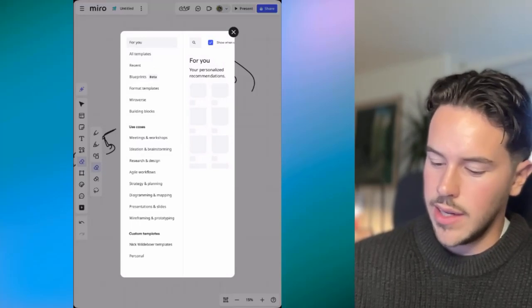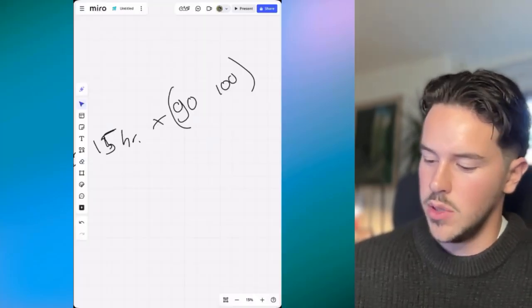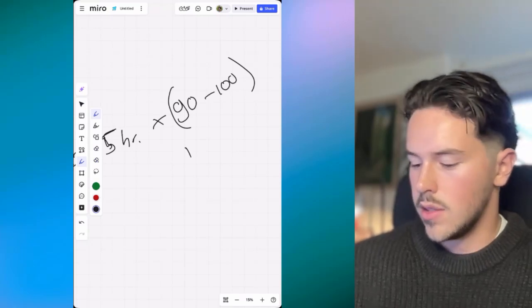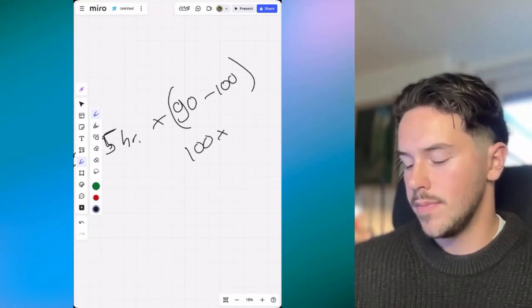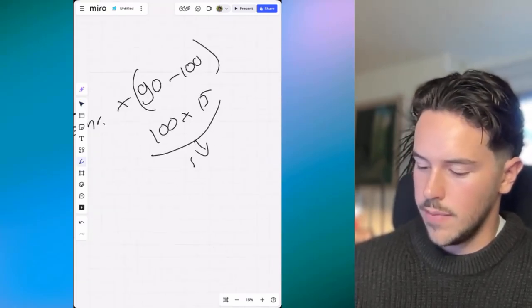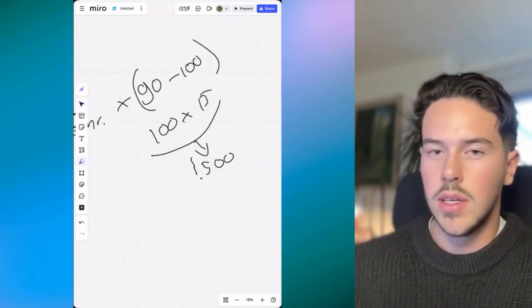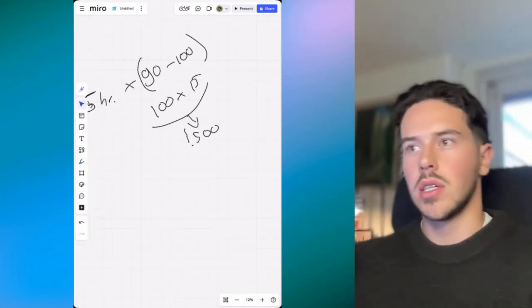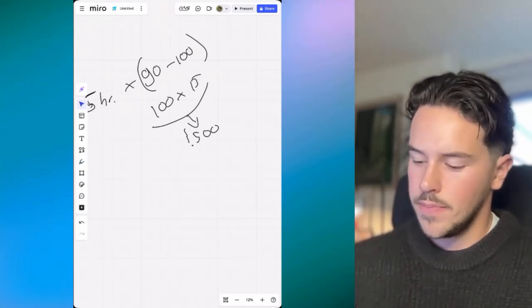See what we can save, and it's every month. That's the beauty of it. So that's just for billable hours. That's already like 1,500 euros.